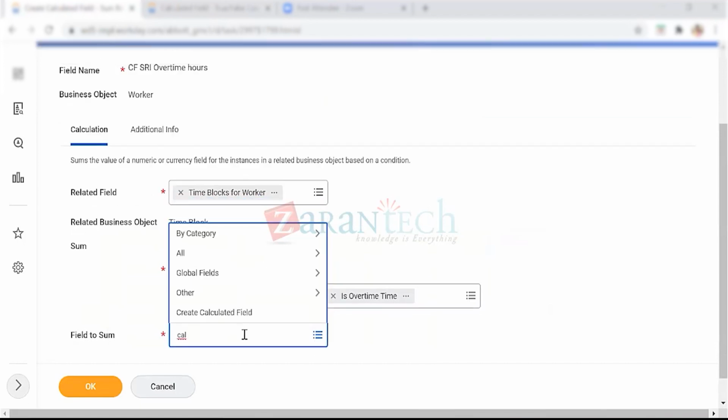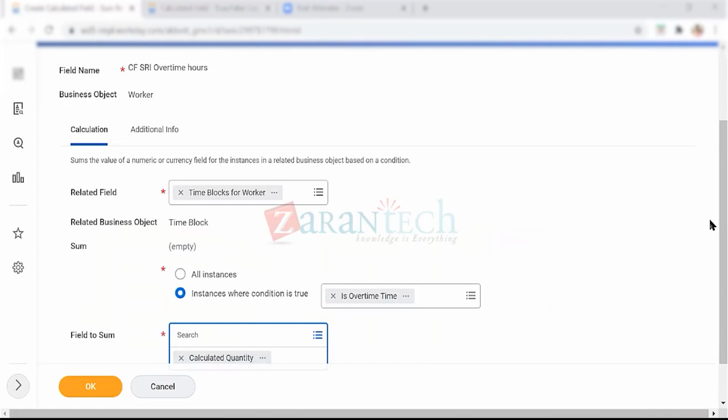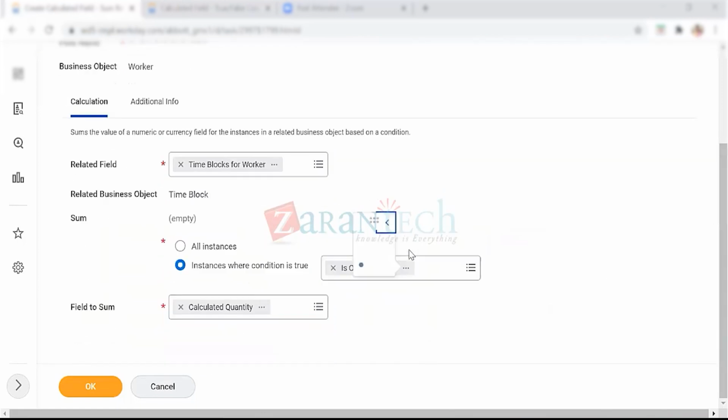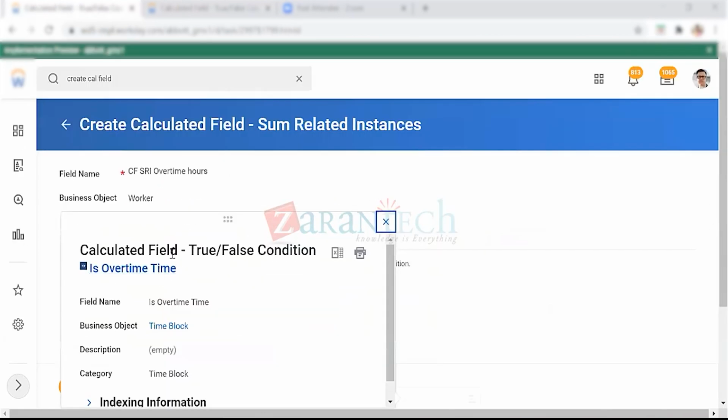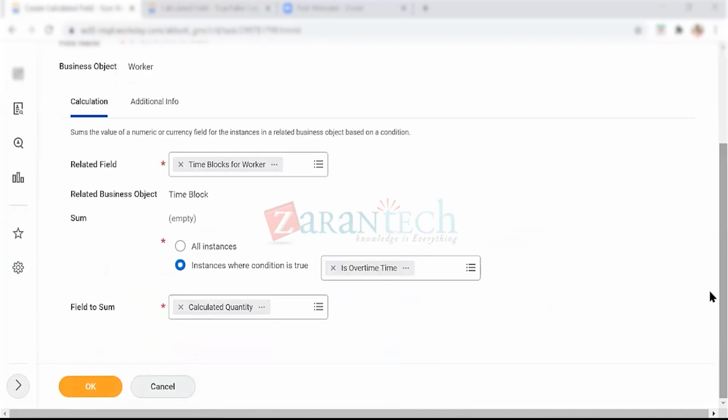So is the calculate overtime calculated field one you have created, or is it Workday delivered? No, it's a calculated field. You can see it's a calculated field. Okay. So I want to sum the quantity, how much they have done